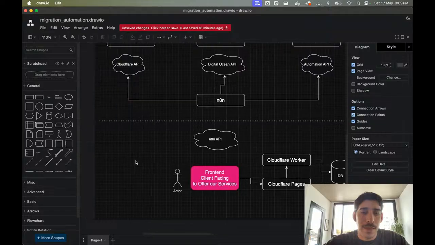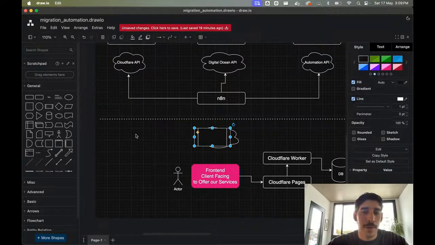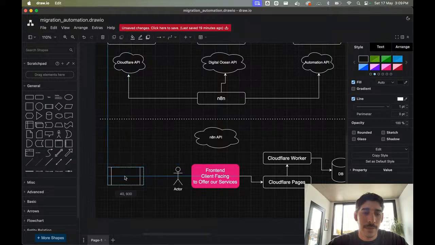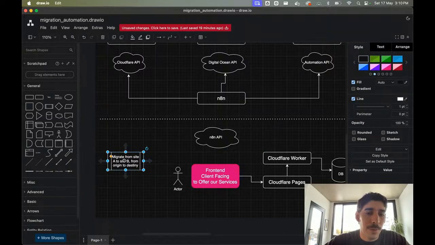In a sense, what I think about it is that they should have a way of saying: migrate from, say, site A to site B, or from origin to destiny. What would be the simplest way to migrate a website?